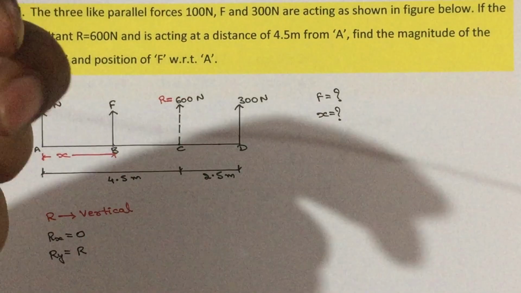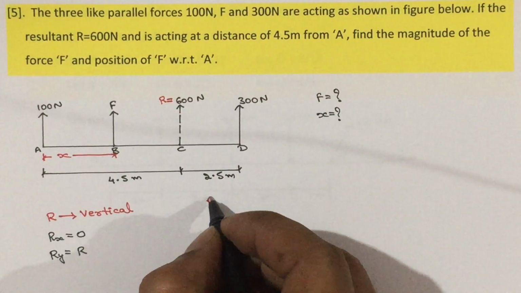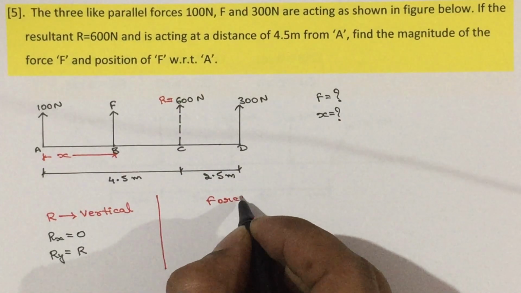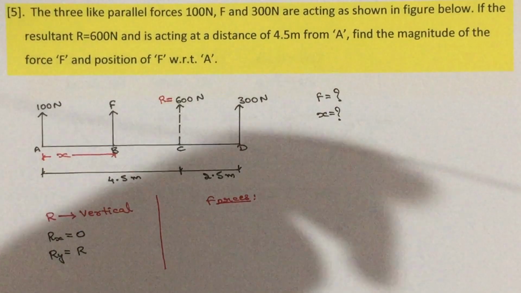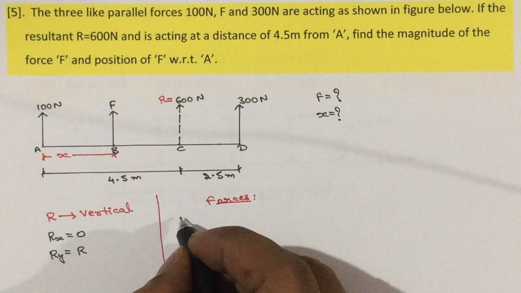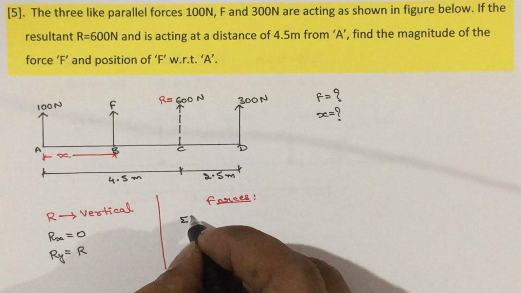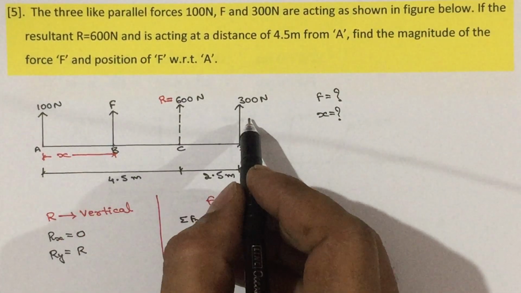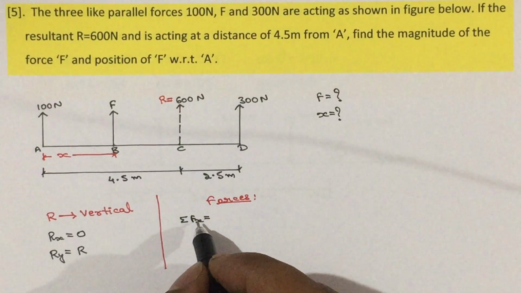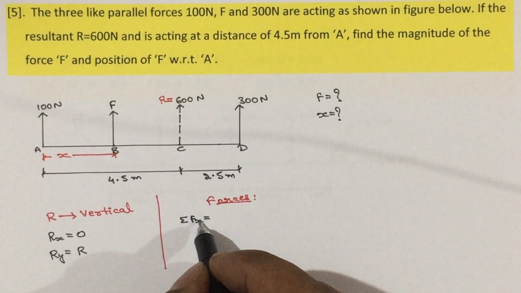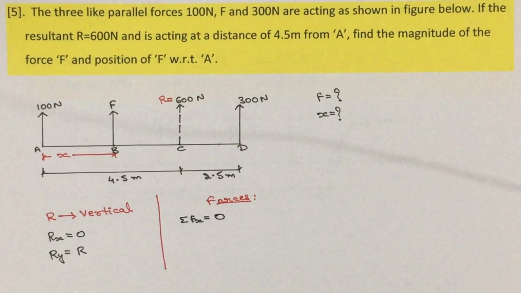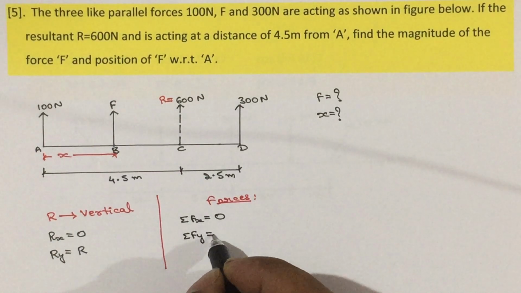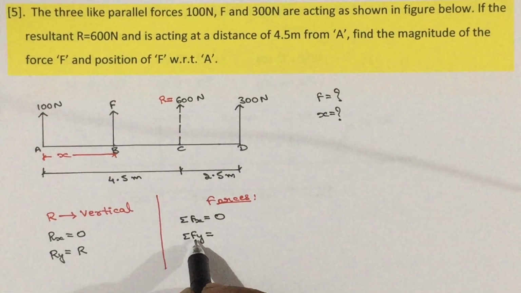So next calculate for the forces. This was for the resultant. Next calculate it for only the forces. Let us calculate sigma Fx. In the given problem, there are no horizontal forces. Sigma Fx means only the horizontal forces and horizontal components, so we are going to get that as 0. Then calculate sigma Fy, the vertical forces and vertical components.